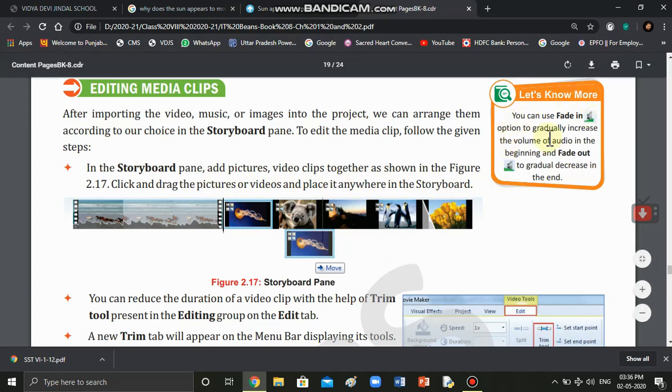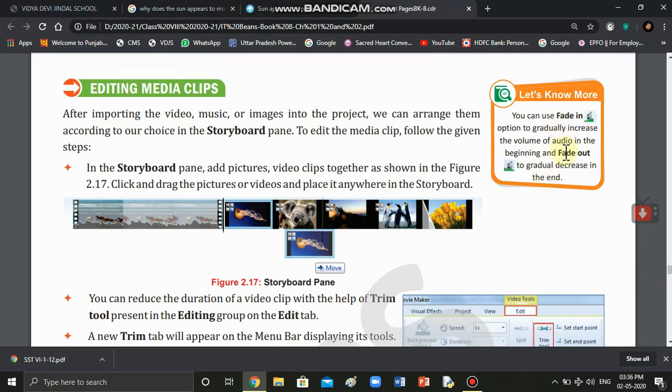Let us know more. You can use fade in option to gradually increase the volume of audio in the beginning and fade out to gradually decrease in the end. Fade in and fade outs are beneficial in case when you start a movie and you do not want high volume audio at start.